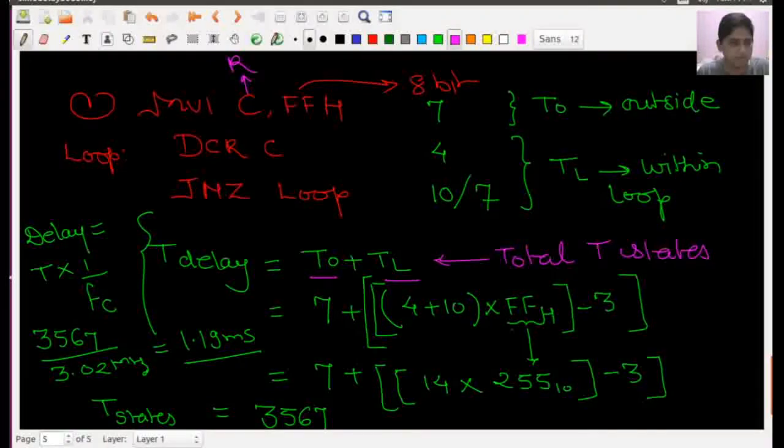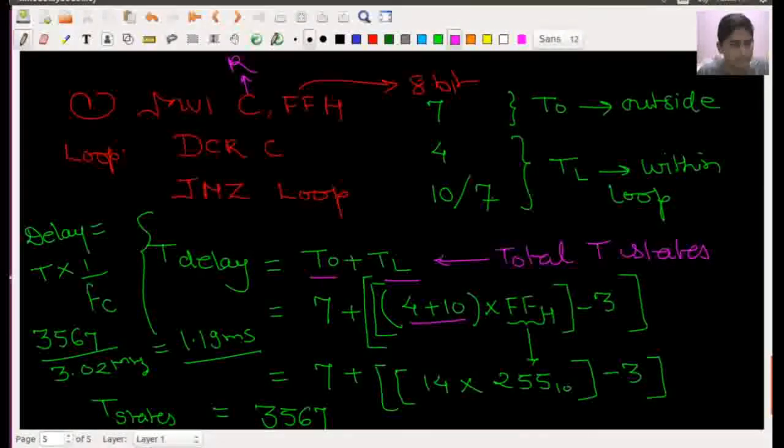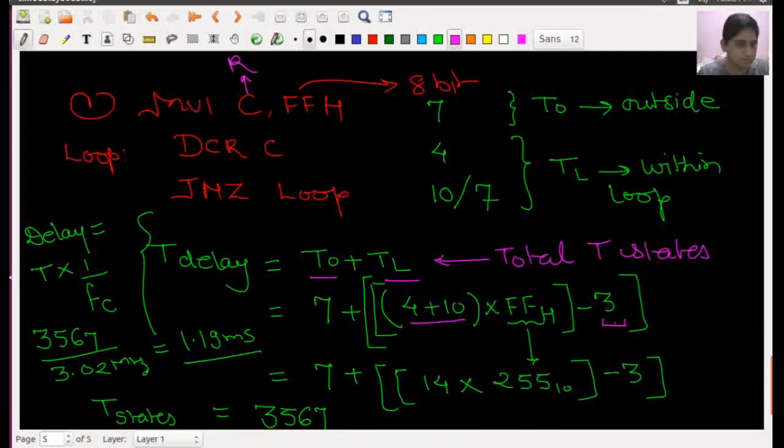I have written that if the condition is satisfied, it will take 4 plus 10, 14 T states here, and this loop will continue until the count value becomes 0. But in the last case it will run for 7 T states, not 10. So 7 means the total amount minus 3.